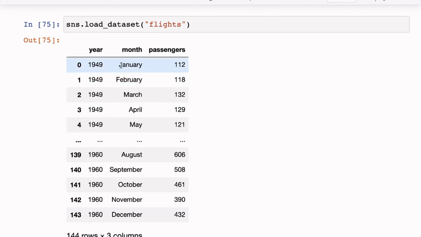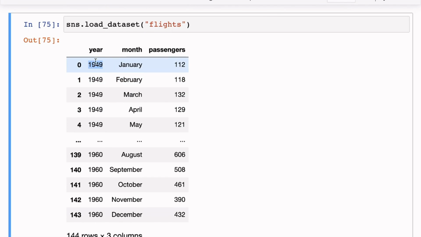So here we have data for a bunch of years, starting from 1949 to 1960, and for each year, each month from January to December, we have the total count of passengers in thousands. These are the count of passengers who visited a certain airport.